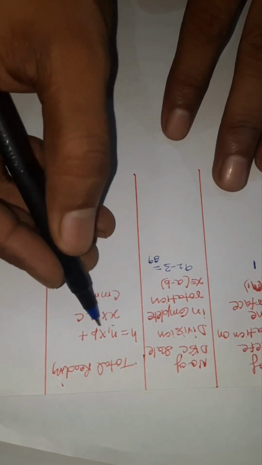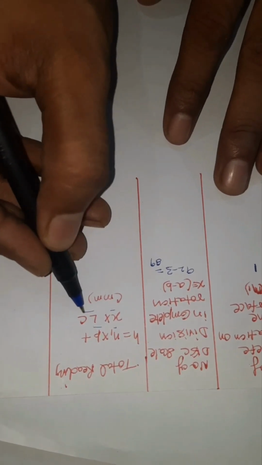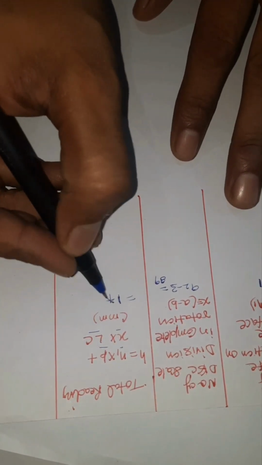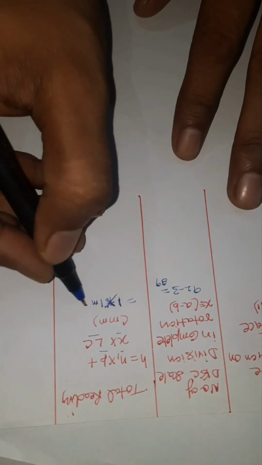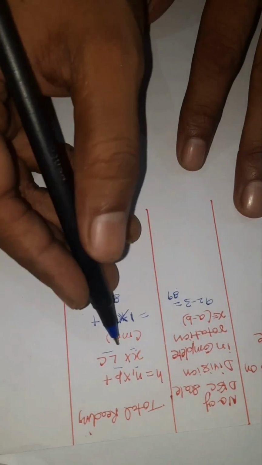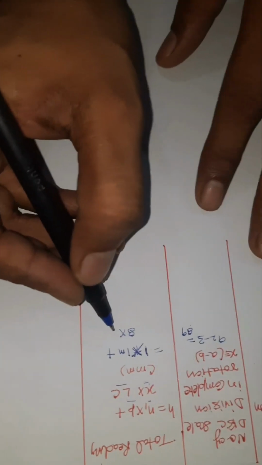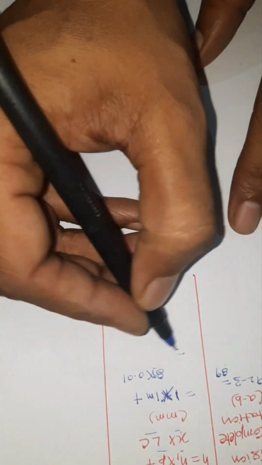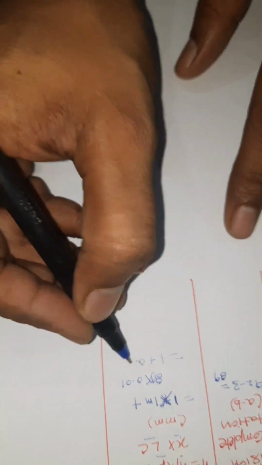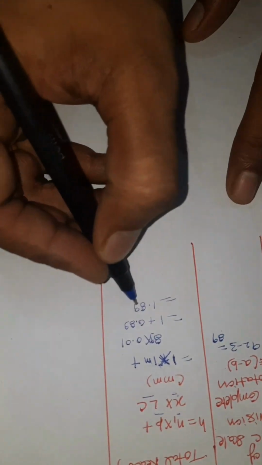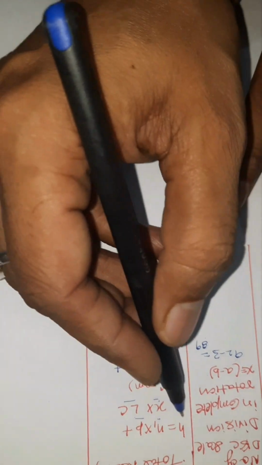And we can see that it is n into p plus x into LC. So n was 1 rotation, and pitch was 1 mm plus x, we had calculated x as 89, into the least count of this instrument we had already calculated, so 0.1. So 89, so the value is 1 plus 0.89, so overall value will be 1.89 mm. So we had calculated the h.